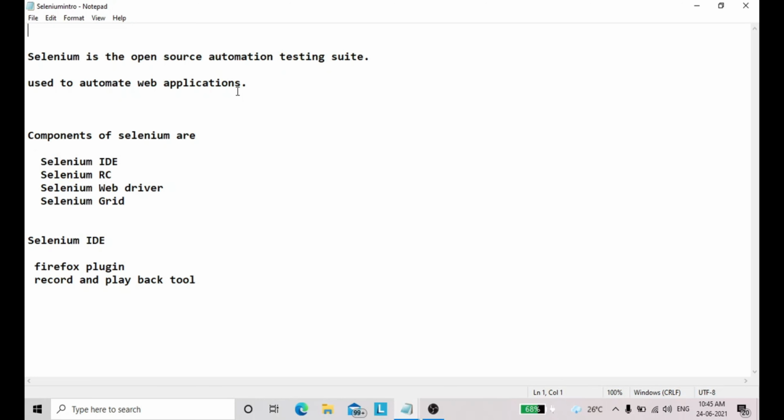Any of the web browsers, Selenium is supporting. And Selenium also supports multiple programming languages like C Sharp, Java. So we can use these different programming languages for writing the test scripts.